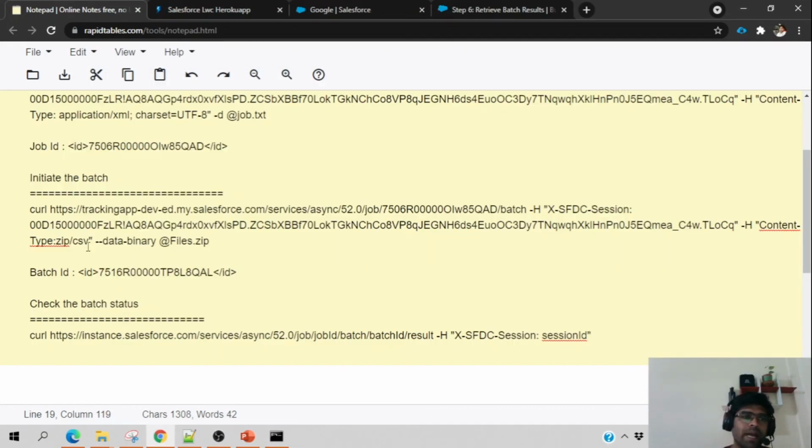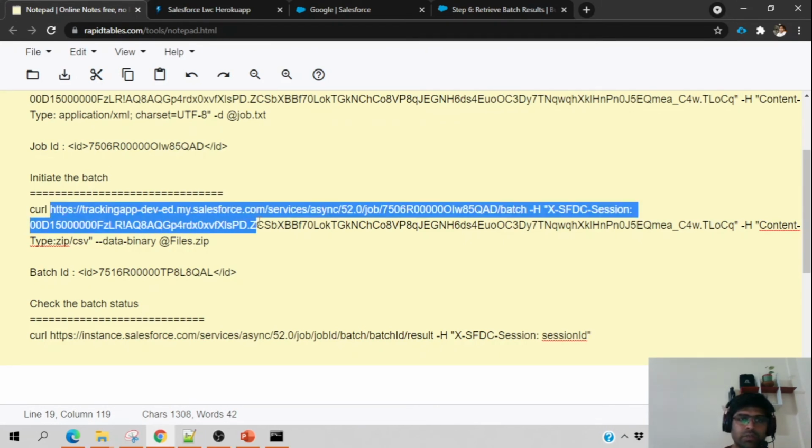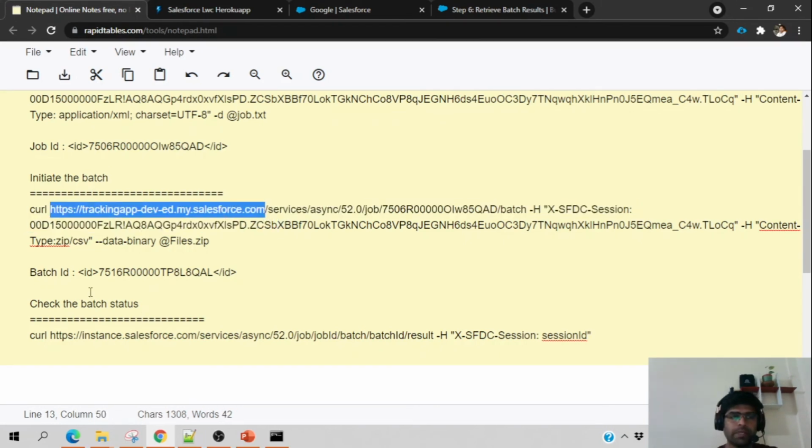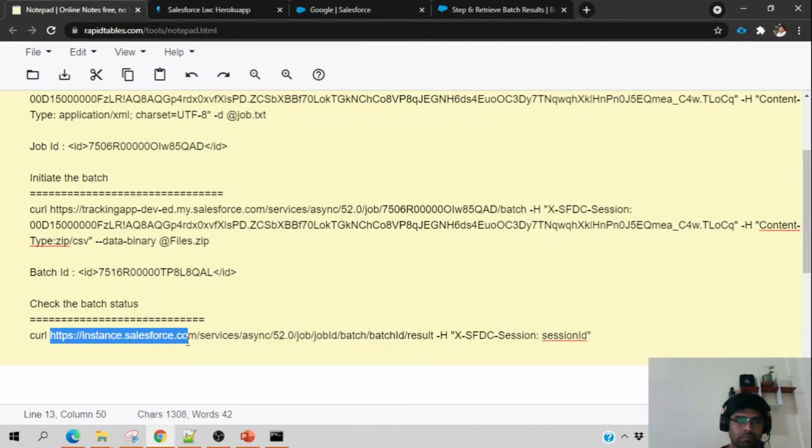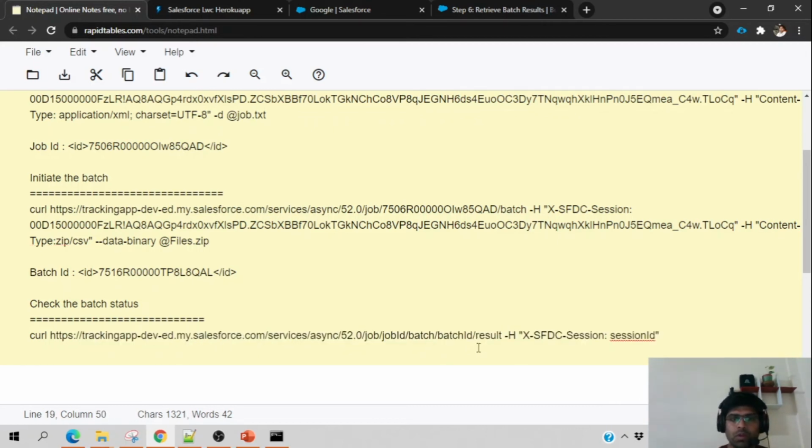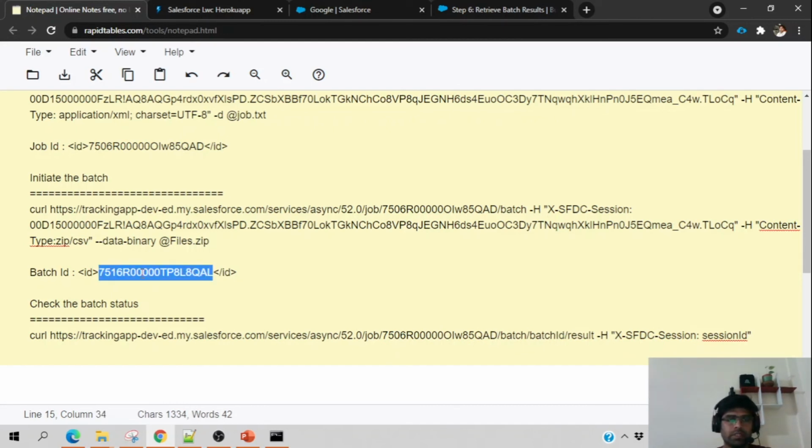To know the batch result, we'll copy the base URL from here. We have to replace this job ID with the first job ID which we got from the first command. Then we replace the batch ID with the batch ID from the second command.